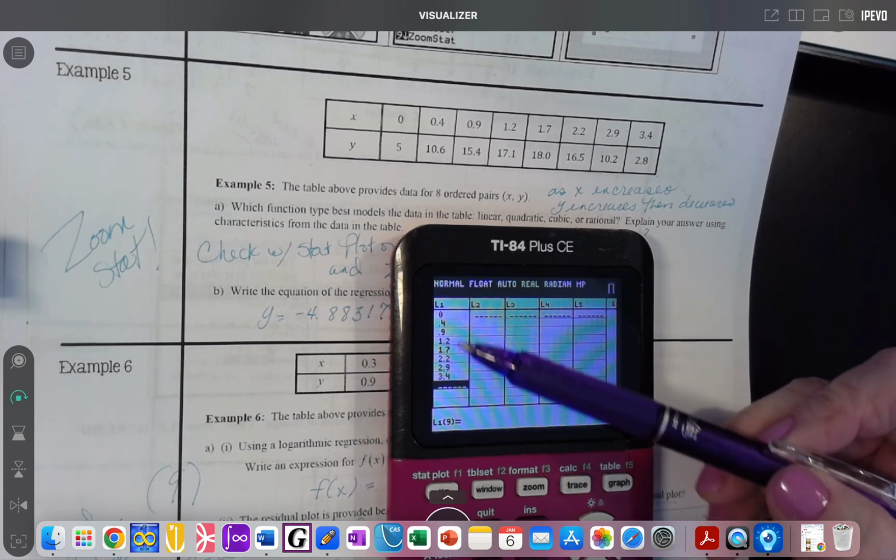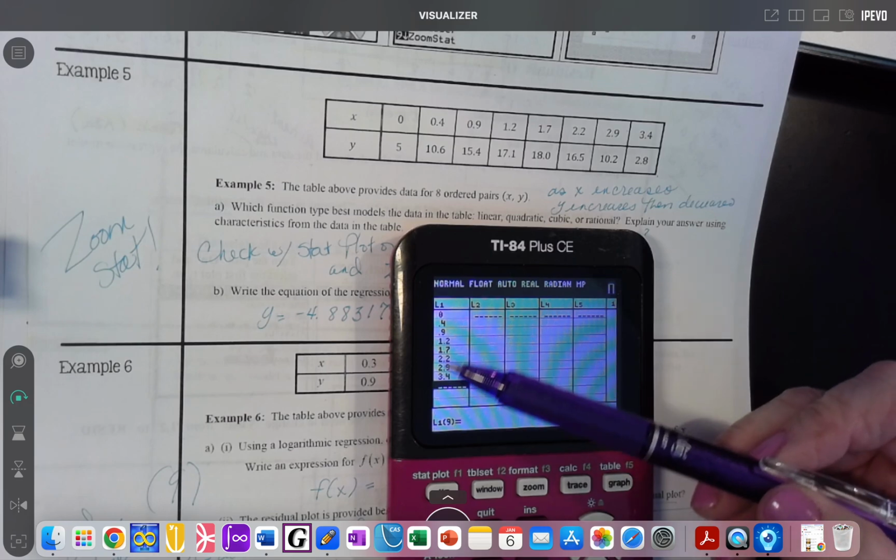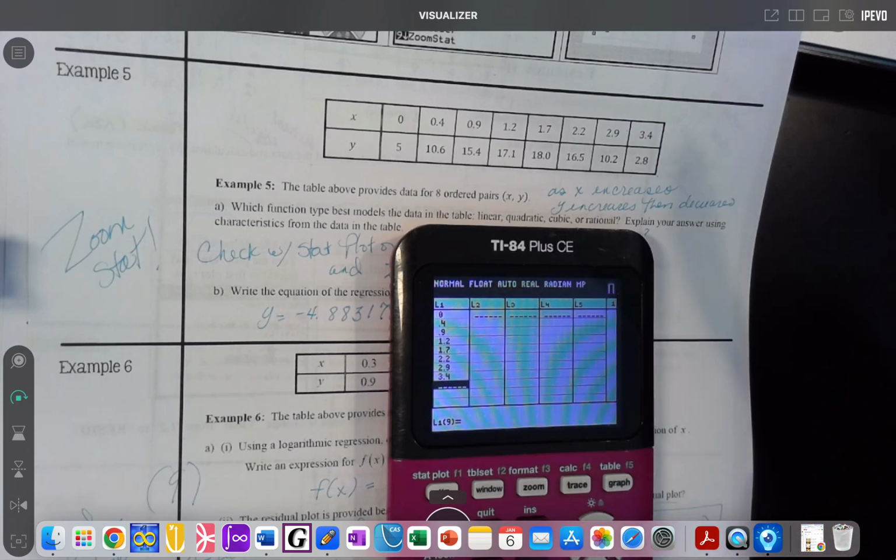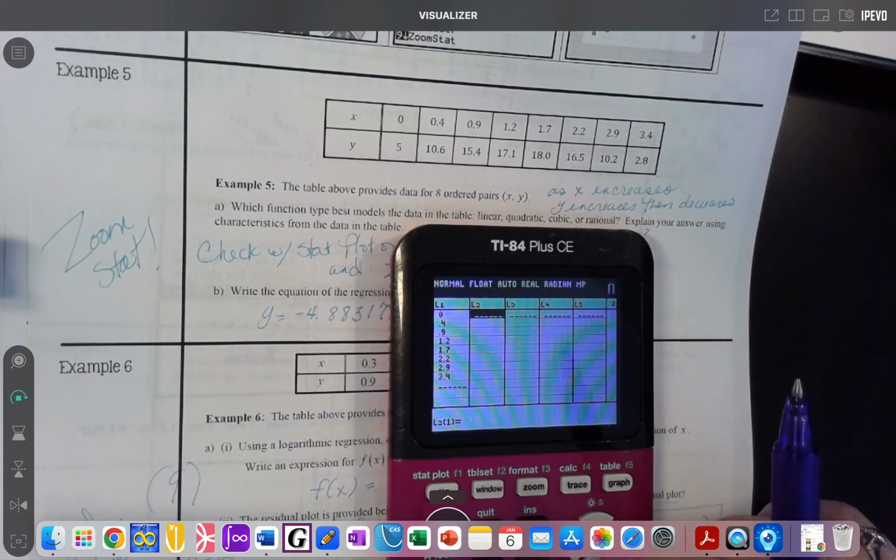It's good to check as you go, because if you get the wrong data in, you're going to get the wrong line, and then everything will be wrong. So it's good to double check. So under Y value, I have 5, 10.6, 15.4, 17.1,